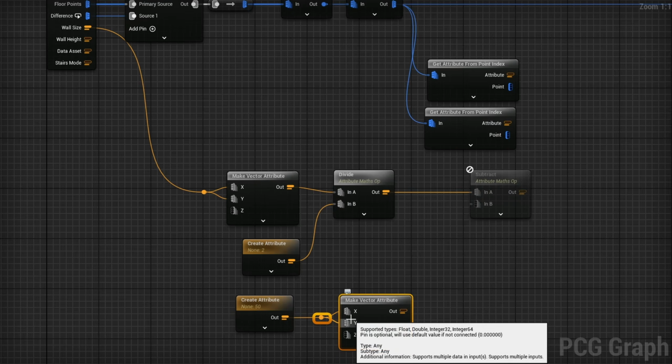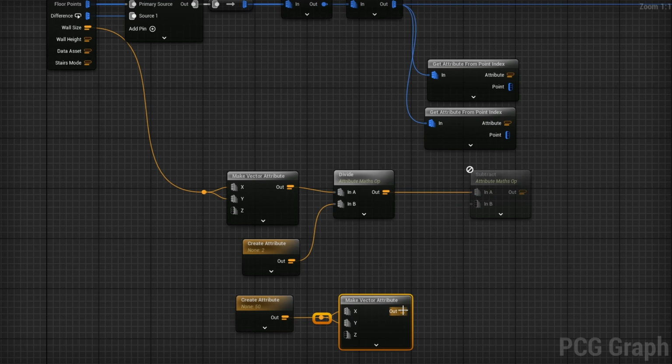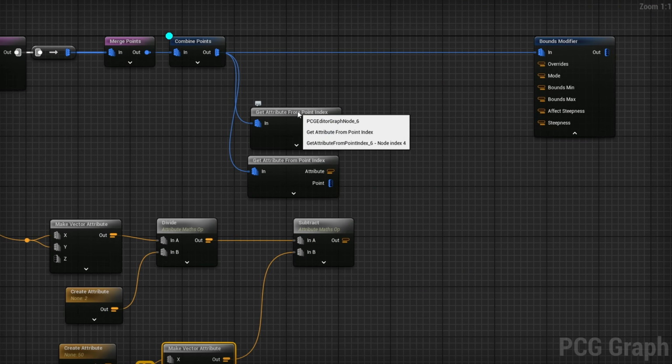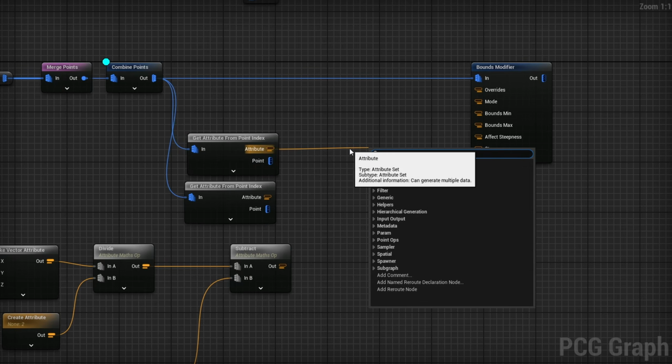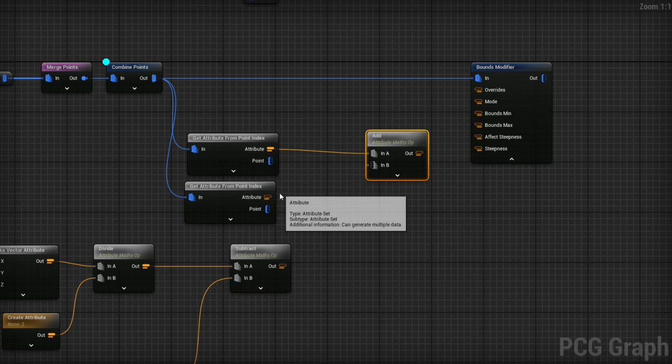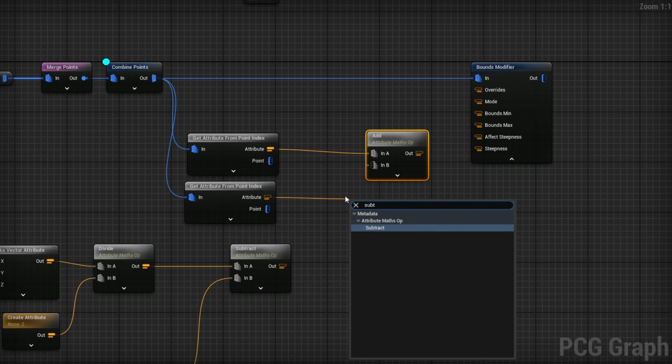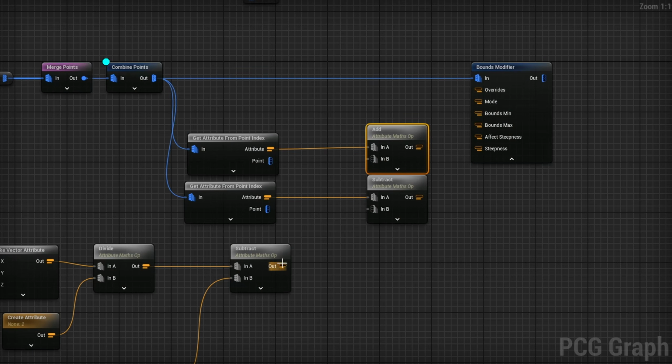And again, X and Y, just like we did up here. And this is where we're going to be subtracting. So now our get attribute from point index in our max and our min, we take our max and we want to add to it, and our subtract, we want to subtract from it. Again, because our original values are smaller, so we effectively want to increase the minimum and increase the maximum in the respective directions. So now we take this subtract node, plug this into in B for both of these, and